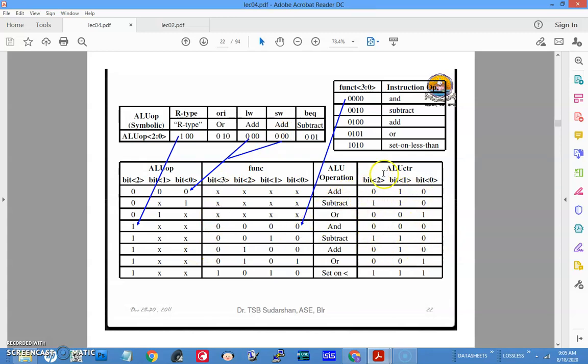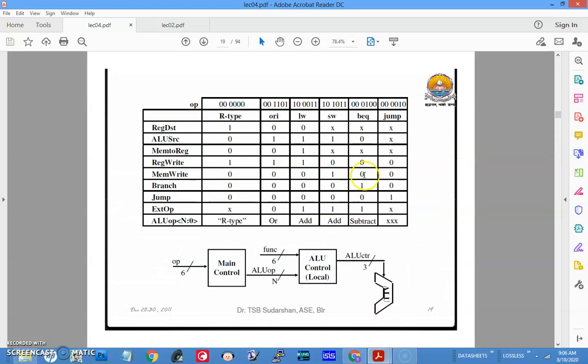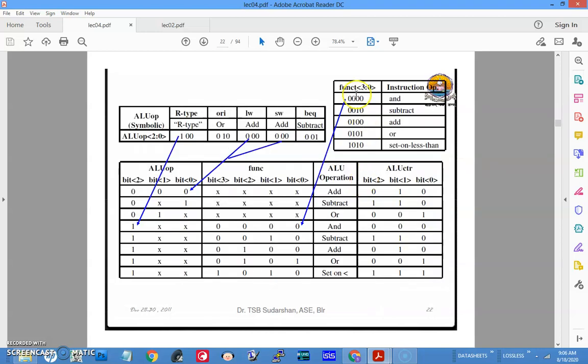This part is the ALU OP control signal. When the instruction is add, we give the control signal 0 1 0. Look here, ALU control 0 1 0 is add. So spend some time with these details, and you will understand how this mapping is done. This will not be asked in detail, but still it's a good idea to understand.